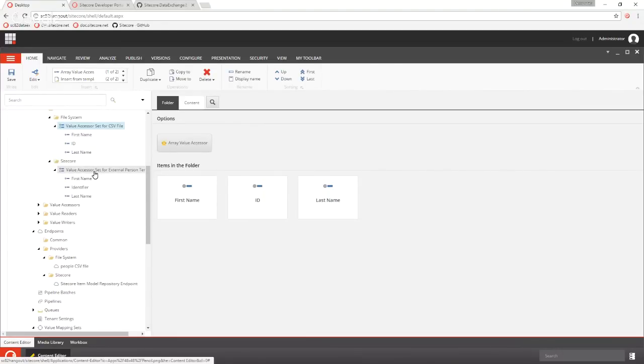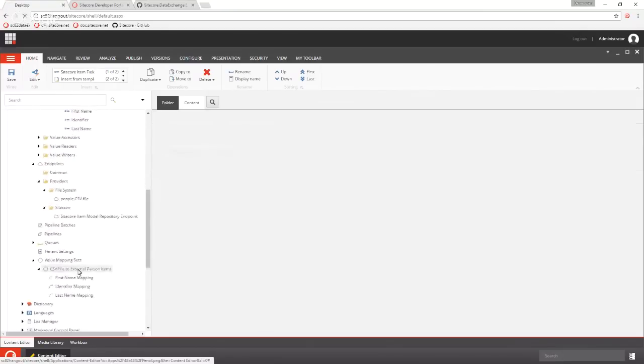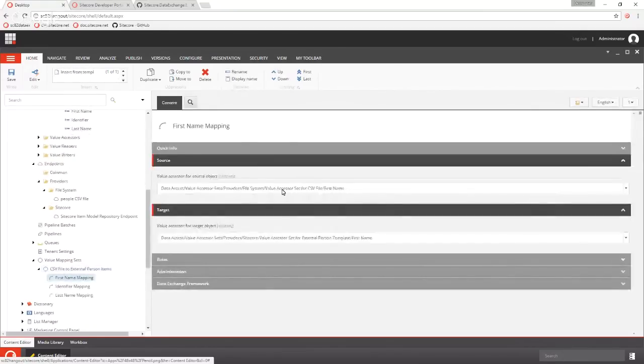And then for the target object where we want to write the values to, we also define that structure. So for each field that we want to set on the SiteCore item, we have these different items. And then we have the mapping. And the mapping is where we draw the line, where we connect the file system value accessor to the SiteCore item value accessor.